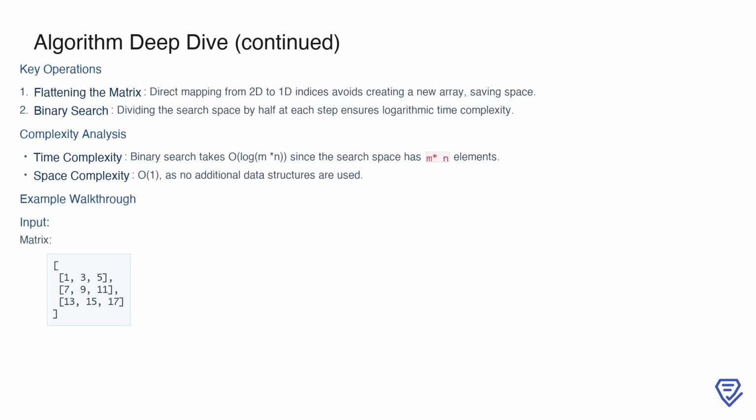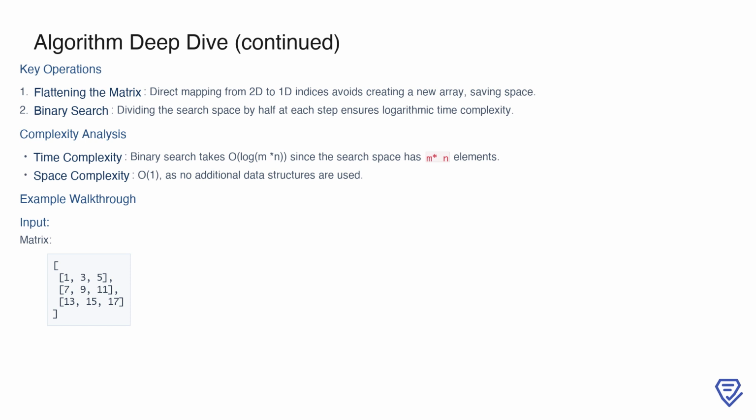The algorithm's key operations further highlight its efficiency. First, instead of creating a new 1D array, we directly map between the 2D and 1D indices. This saves memory while still enabling binary search. Second, the binary search algorithm itself ensures that the search space is halved at each step, leading to an impressive